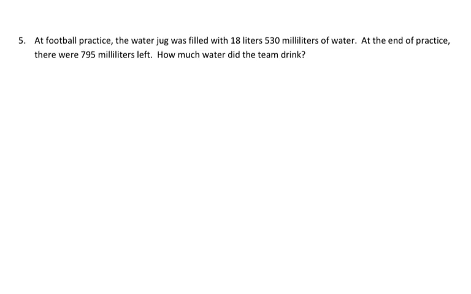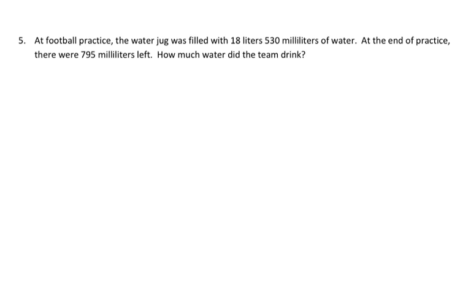So we're going to look at homework question number 5. And homework question 5 says, at football practice, the water jug was filled with 18 liters, 530 milliliters of water. At the end of practice, there were 795 milliliters left. How much water did the team drink? So for this problem, we have to use a tape diagram to model the problem. And we're going to solve using a simplifying strategy or an algorithm, and we're going to write our answer as